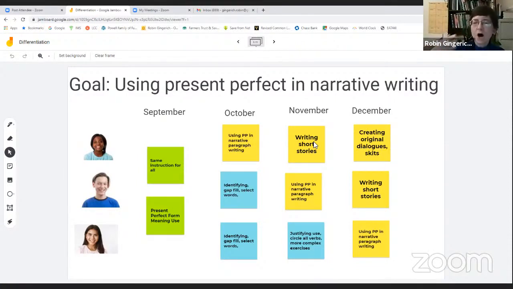But finally, all of them have reached the goal. And I, as a teacher, have provided slightly different activities in the different months, depending on how well they have reached the goal. So that's another theoretical look at differentiation. So I'm going to stop sharing so that Lydia can go back and we'll do a few more examples and then we'll ask you a question.